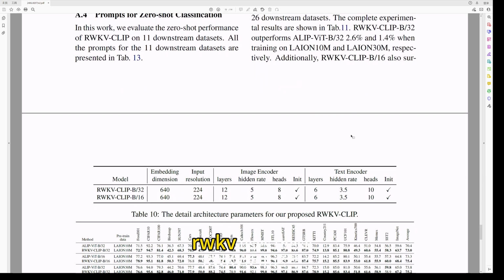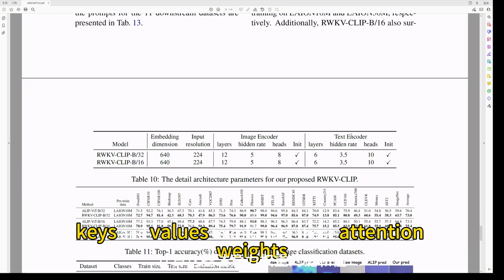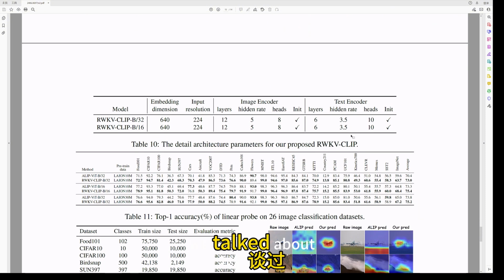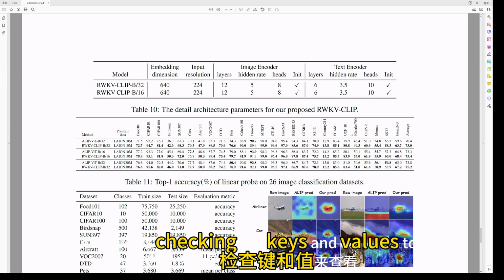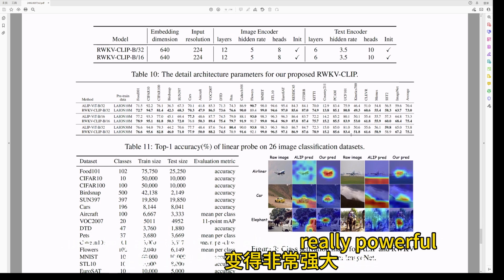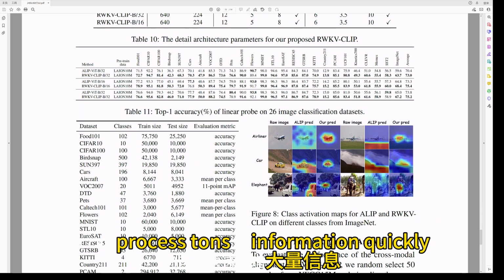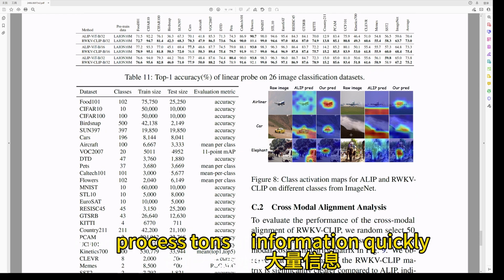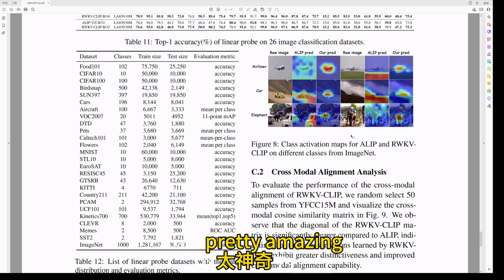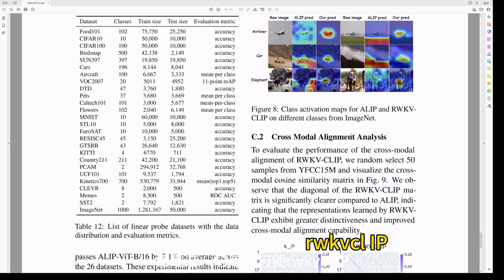You got it. RWKV uses these keys and values to calculate those attention weights we talked about. So it's always checking the keys and values to see what's important. Precisely. And this is where it gets really powerful. It can process tons of information quickly without sacrificing accuracy. That's pretty amazing. But how does all this make